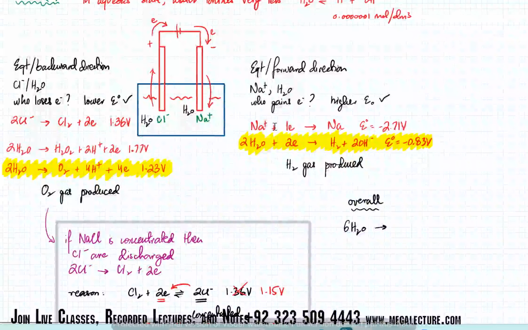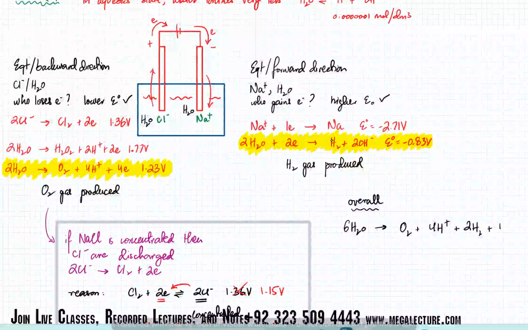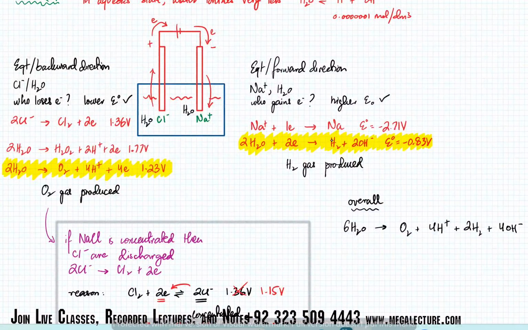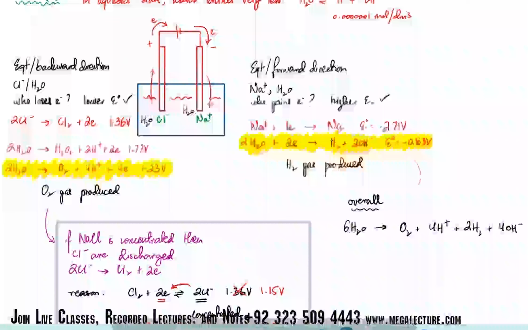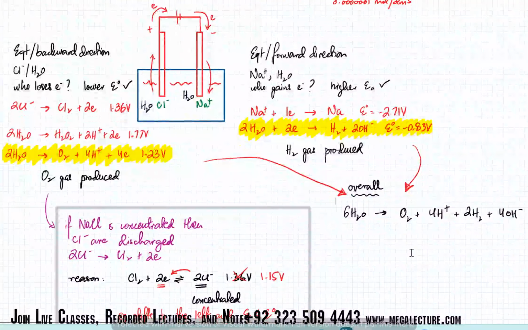फिर तो ये लेफ्ट साइड पे हो गया। राइट साइड पे क्या होगा? There's going to be O2 plus 4H plus, और इधर राइट साइड पे क्या होगा? It's going to be इसको डबल कर लो, so there's going to be 2H2 and 4 OH ions. ठीक है। So that's my overall reaction, ठीक है। इसका और इसका सम, और ये मतलब ऑब्वियस है, ठीक है, द टू हाफ इक्वेशंस। अच्छा, क्वेश्चन अब उल्टा है, ठीक है।